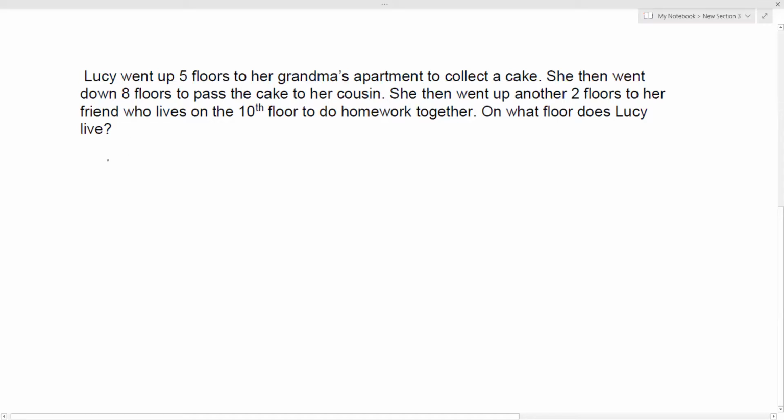We don't know what floor Lucy lives on, so we can start with a question mark. But we do know that she went up 5 floors. So we can say plus 5 floors. We use the plus sign to represent she goes up. So plus 5 floors to her grandma's apartment. But we don't know which floor her grandma lives on either. So we can just draw a